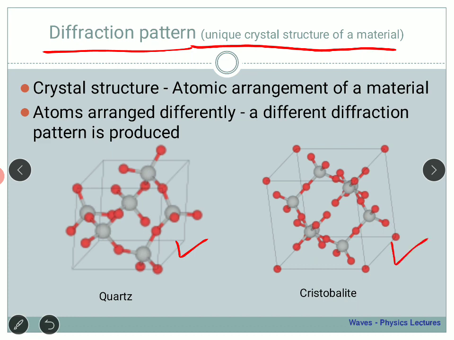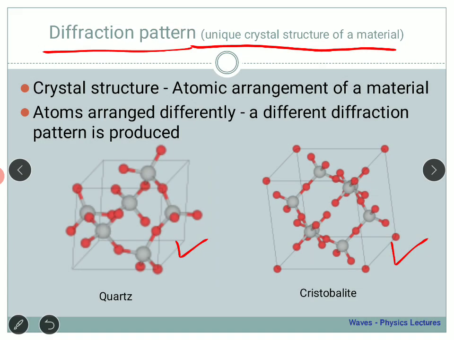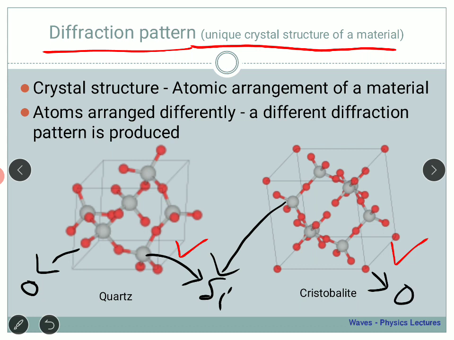And then this is the cristobalite. Now please remember, in notation, usually if something is red in color, it is always a representation of oxygen. So this is representing oxygen, and these are representing silicon here. Of course, in both the cases, here also, this is nothing but oxygen. So these are the structures, the atomic arrangement. They are different, obviously, and hence they are also going to give you a different XRD pattern.